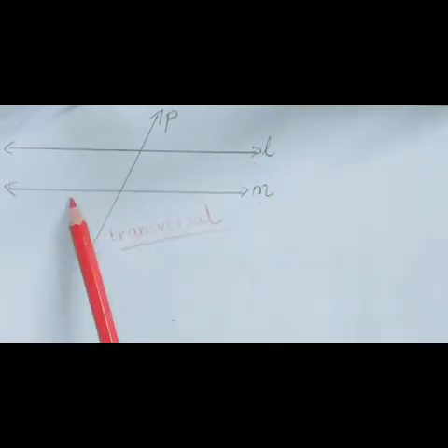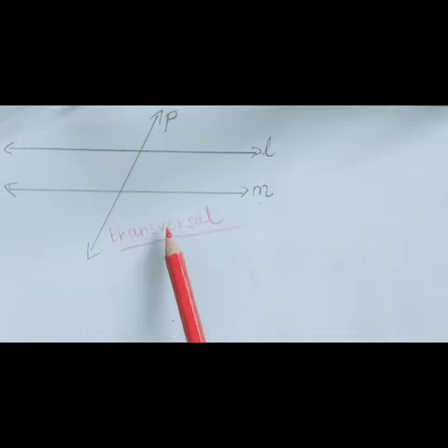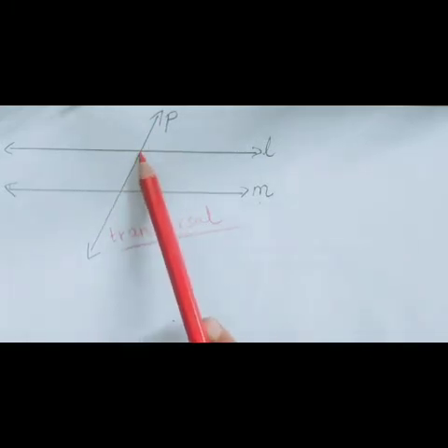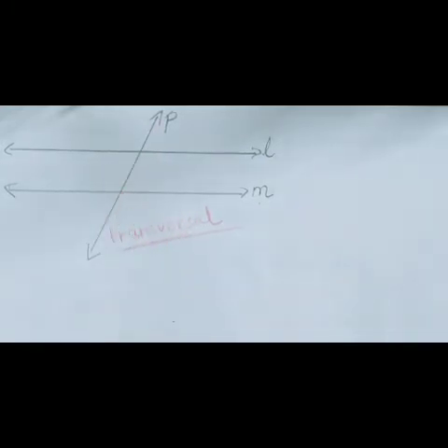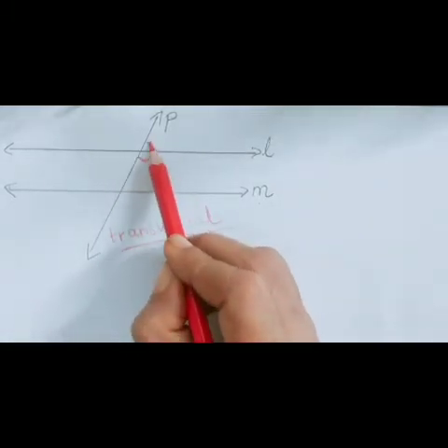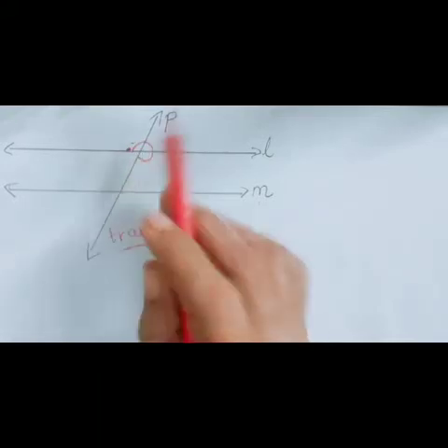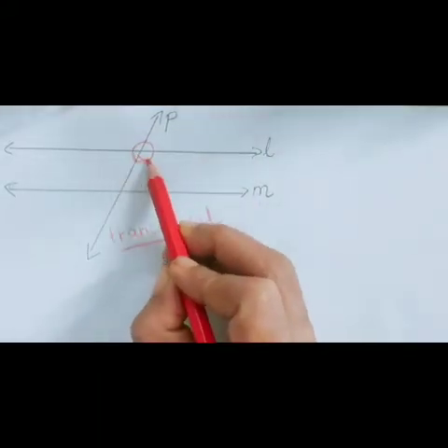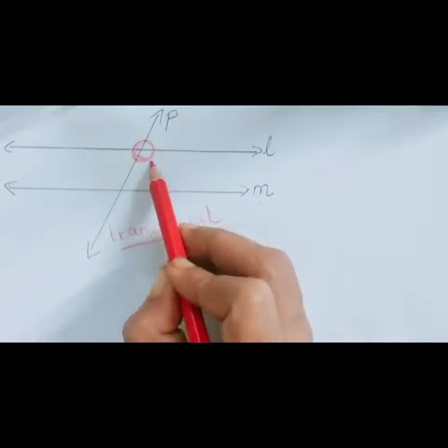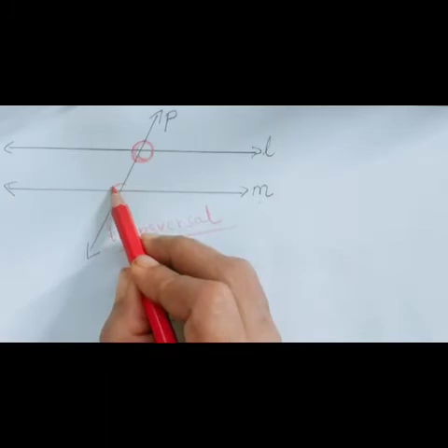Okay. Now when a transversal crosses the two lines, at this point, one point, and this is the second point. Now at this point it forms four angles on this line. On the first line, when it crosses at that point, it forms four angles. And now it crosses on the second line also. So where it crosses the second line, at that point also, it forms four angles. So this is one angle, then second, third and fourth. So in this round, 1, 2, 3, 4 angles are formed.